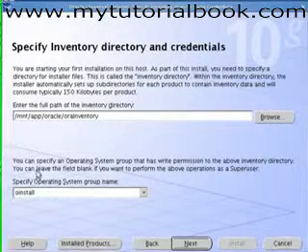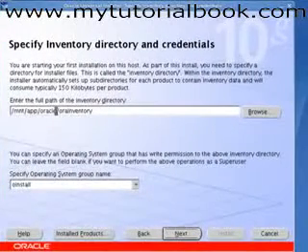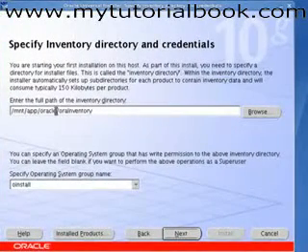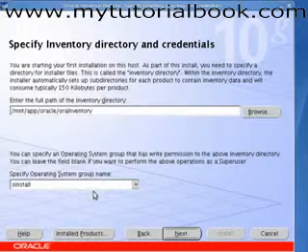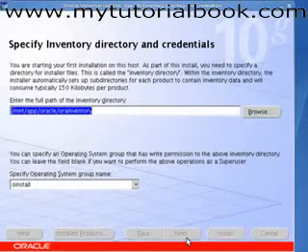So we would have this oraInventory directory as the subdirectory of the Oracle base that we created. Same way, we have to give the operating system group which will own this inventory. Earlier we have created a group called oinstall which will be the owner of the Oracle inventory. So we could take these two default values here and proceed with our installation.